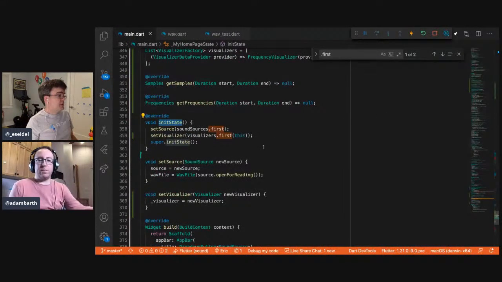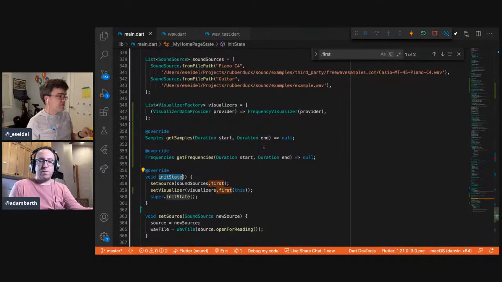Mm-hmm. And now our goal was to try and move the frequency visualizer into this new mode. We're going to end up going a little long today, I think, in order to make this happen. Yeah, I think we're going to end up with a bunch of durations and a wave file, and then have to square that circle. Yeah, I think that's okay. We took the wave file model a little bit in this direction 2 episodes ago. I think we just need to take it kind of the rest of the way, which is fine.